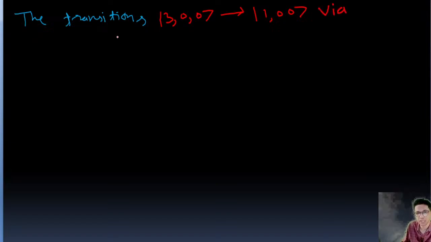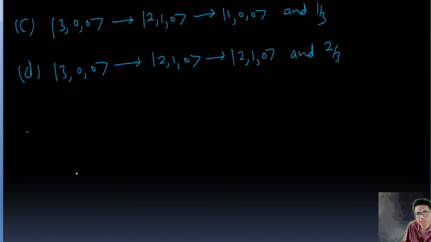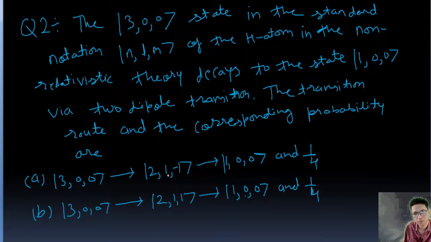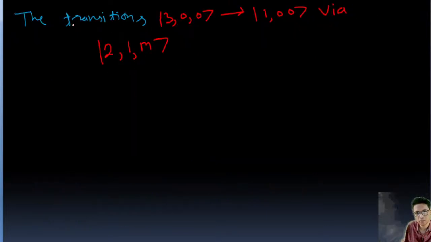a very important one, via 2,1,m, because we can see here for the value of L equal to 1, m values are 3, right? This is minus 1, 0 and 1, right? And in the options you can see for n values this one, right? Okay, so this transition will be via 2,1,m, where for m equal to minus 1, 0, 1,